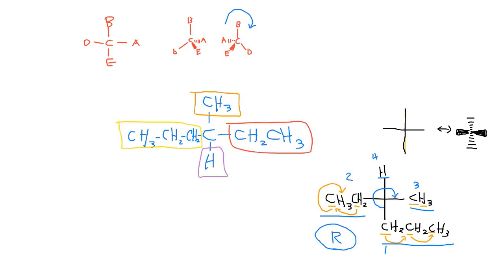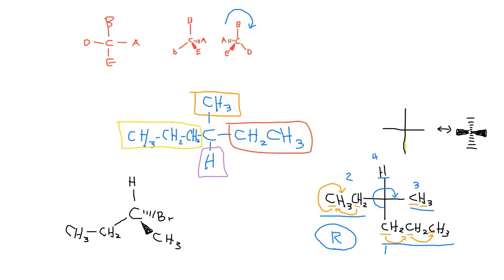Now that's only true if the lowest priority group is in the back. What about if we had something like this? All right, so this is basically 2-bromobutane. Okay. Well, in this case, do you have to redraw this? Do you have to move it around? Do you have to try to manipulate it so that the H is going back? Well, the truth is you don't. If the lowest priority group is not going backwards,